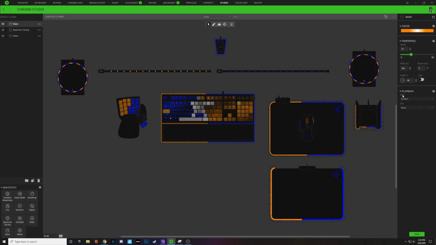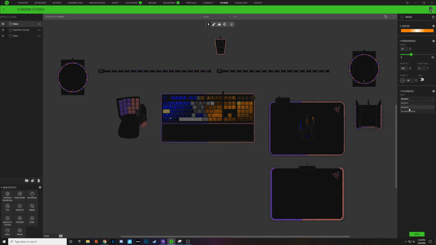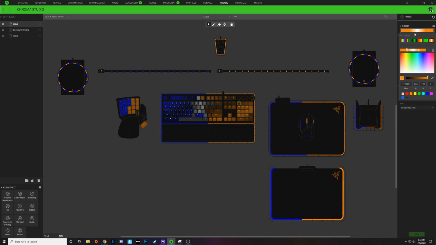I'm going to change the playback to start on selected keys, and it's going to end on selected keys. So it will start when the selected key is pressed, and it will end when it's pressed again. And we're going to hit save. Now I'm going to click on my num lock key only, click on my color gradient, and I'm just going to change these oranges to a blue